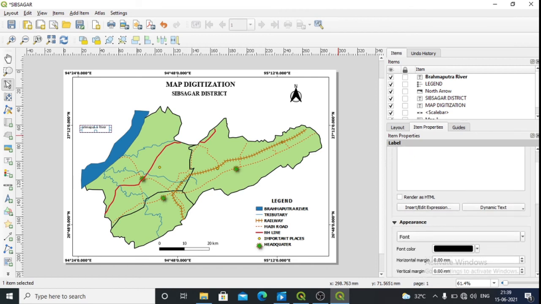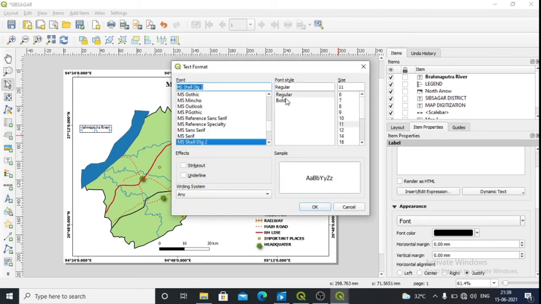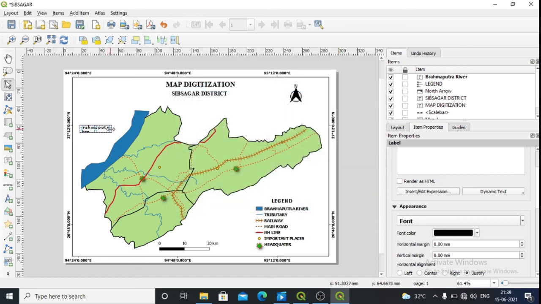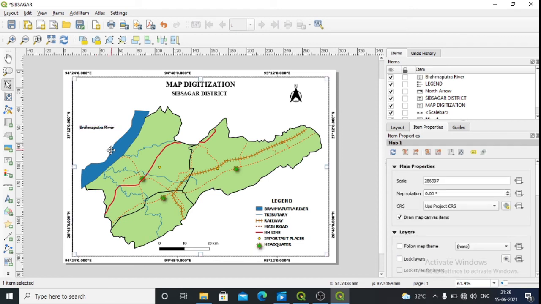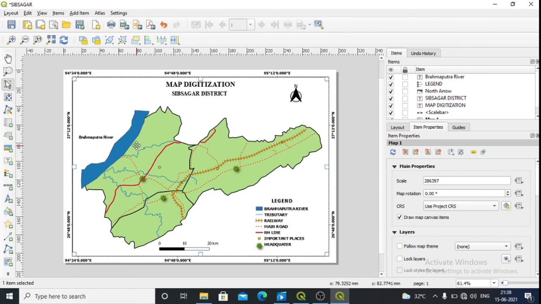Then increase the size, configure the format, make it bold. Then bring it a little bit nearer to the river. So this is Brahmaputra river.